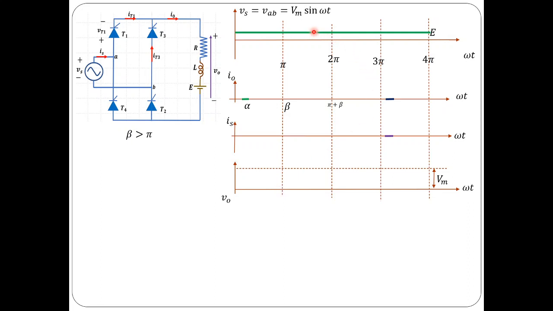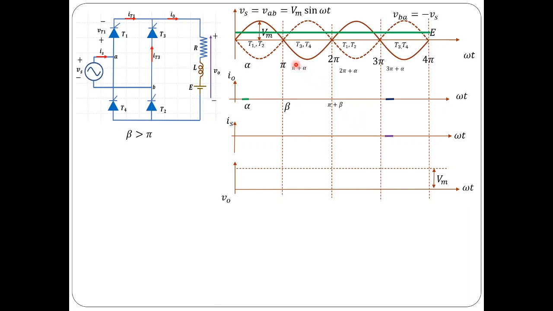Let me assume that battery EMF is high, so that current is limited, current value is low, and load current becomes discontinuous at some beta. Even though thyristors T1 and T2 are fired at alpha, current will rise slowly and reach some peak value somewhere between alpha and pi, and it will fall and may become 0 at beta, and this beta is known as the extinction angle. So before the next set of thyristors are fired at pi plus alpha, current becomes 0. Right. Anyway, let us see the operation now.